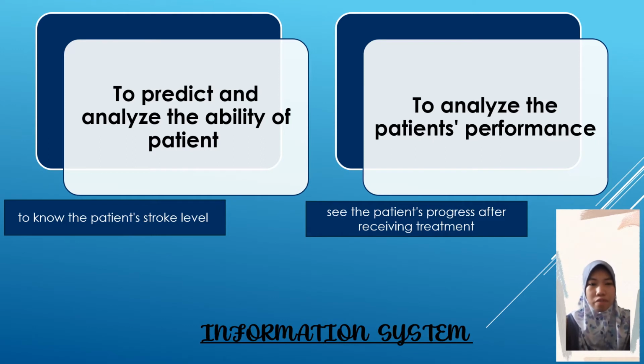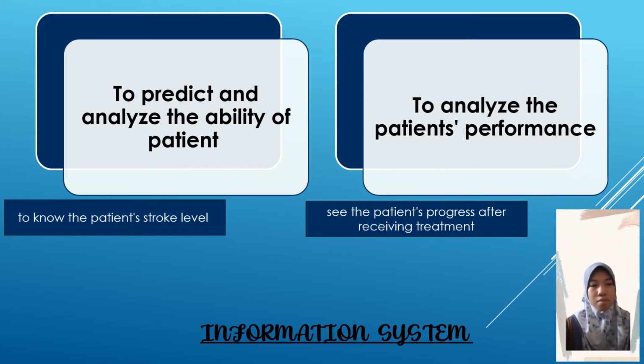By implementing the information system, we will get to know the patient's ability. First step, the doctor will use an MRI or CT scan to detect the location. Next, the doctor will identify the stroke level so that the patient can receive accurate and quick treatment. The stroke level will be identified by using the NIH stroke scale measure. It will look at several aspects of brain function to know whether the stroke level is minor, moderate, or